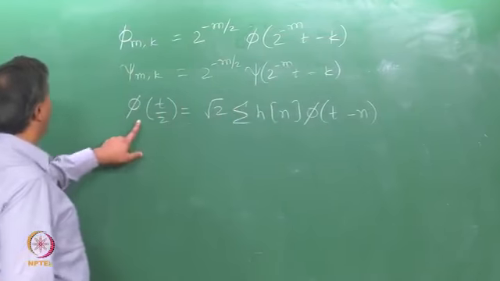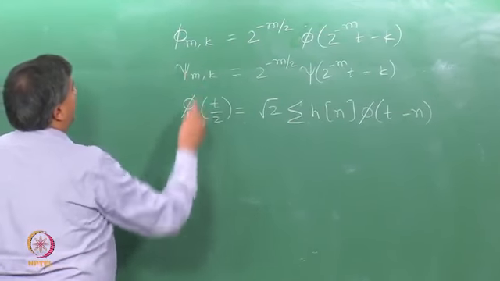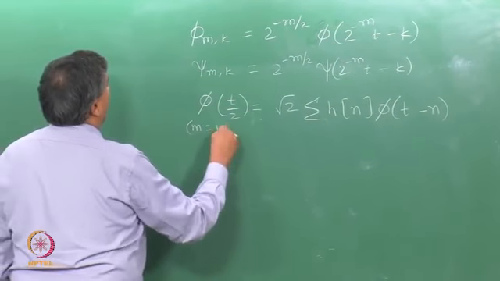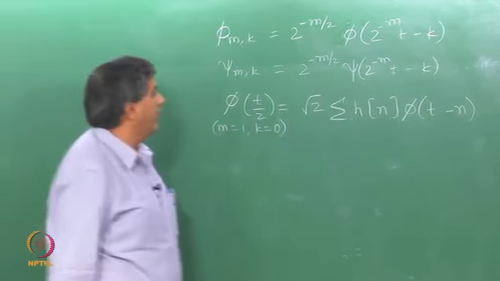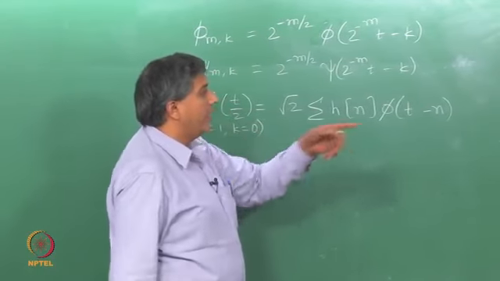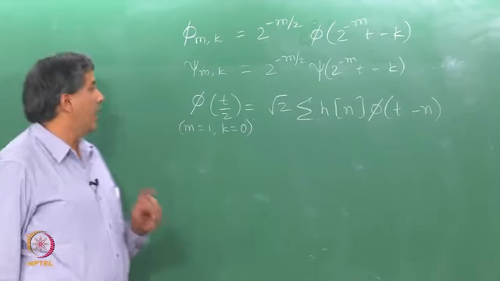So, this is nothing but a special case of this where m is 1 and k is 0. So, as you can see here, if I substitute in equation 18 m equals 1 and k equals 0, I will get this relation, and likewise I had